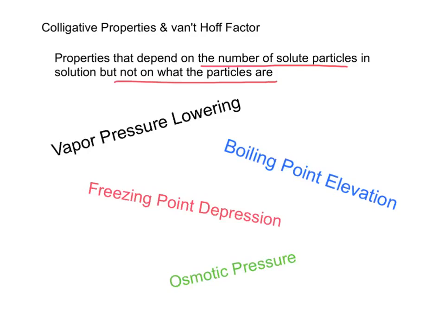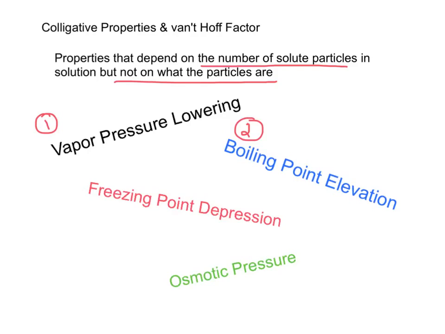There's 4 different properties we're going to look at. One of them is vapor pressure lowering. This is the idea that the vapor pressure above a solution is always lower than the vapor pressure above the pure solvent. And this leads to the idea of boiling point elevation. We're going to see that the boiling point of a solution is always higher than the boiling point of the pure solvent. You can see this in action when, for instance, you're making spaghetti, you might throw some salt in your water, and we'll talk about why that raises its boiling point